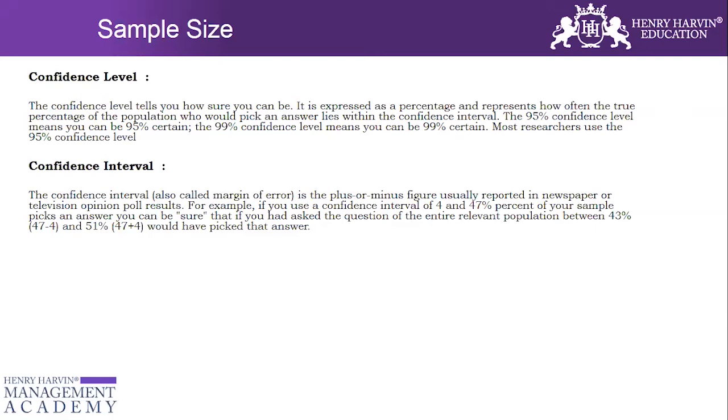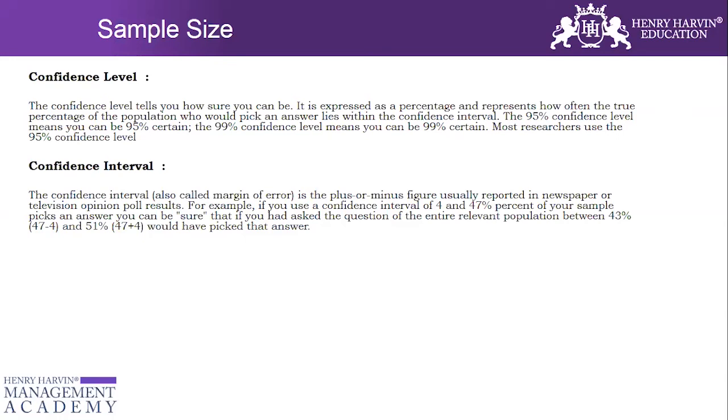As per the industry standard, we go for a 95% confidence level and 99%. All the service industries go for 95, and sometimes manufacturing goes for 99. It all depends upon the cost of the defect. If I want to be more accurate, if I want to go for a larger sample size, then I will be 99% certain or confident. If I am okay with the 95% confidence level, then I would go for 95%.